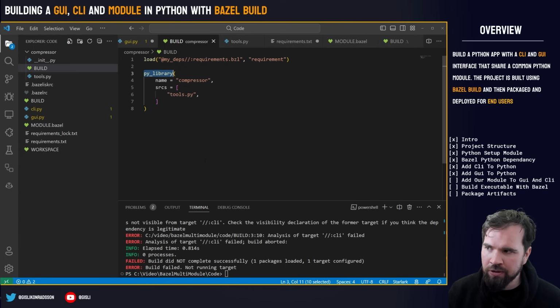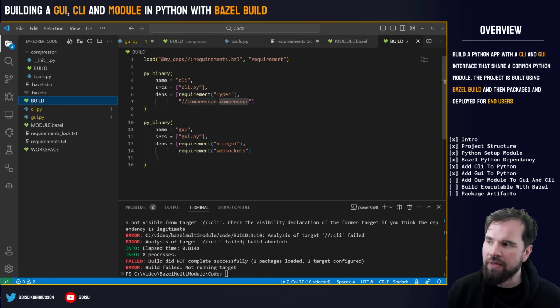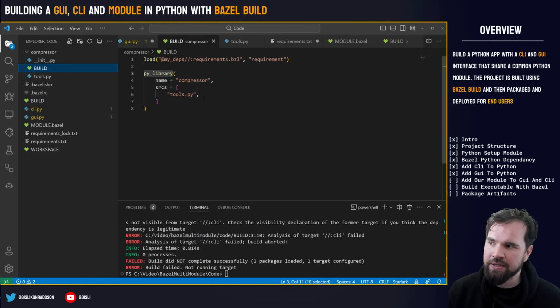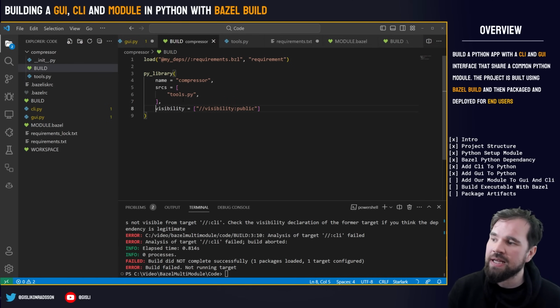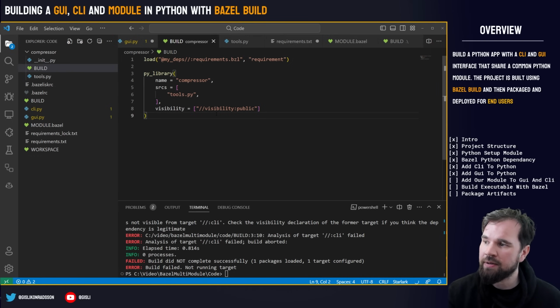So if I had multiple Py libraries here that do different things, I can link them together within the package. But right now we have the root package or the base package here. This is trying to use a package, and what Bazel is telling us is that no, you can't use this package because you just don't see it. You need to configure the visibility of it. So to do that, we say the visibility is set to public on this package here, and that's done like